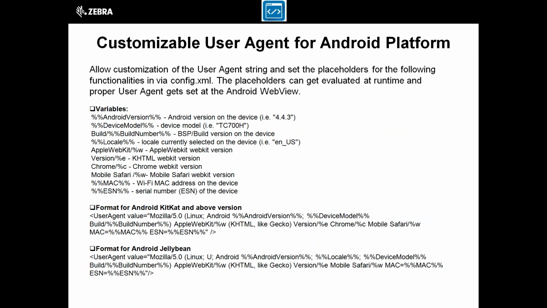So basically, it is the serial number of the device. Whatever is listed when the user checks the serial number details on the device will be retrieved and shown when the user tries to collect the data using navigator.userAgent.